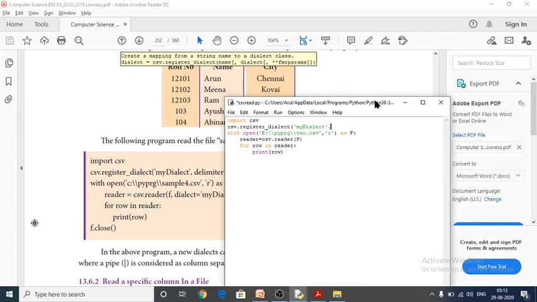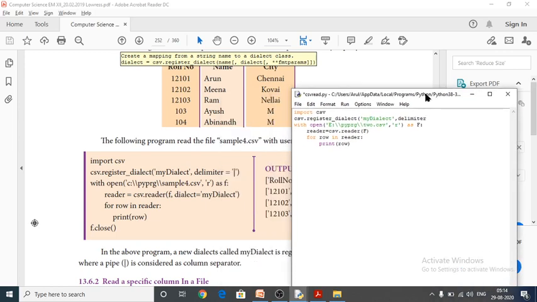After that I have to give delimiter is equal to pipeline. Pipeline is a custom delimiter. Now I would like to save.